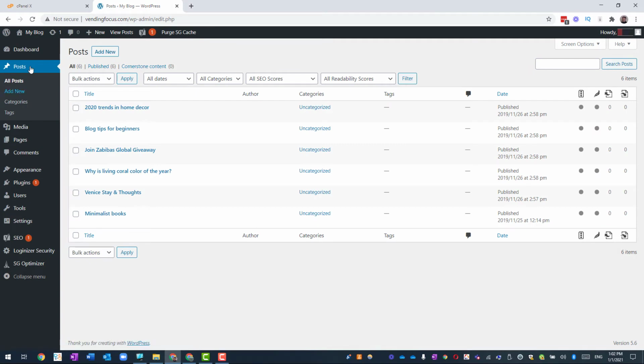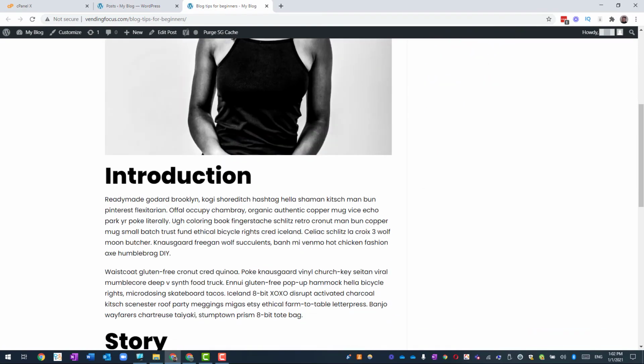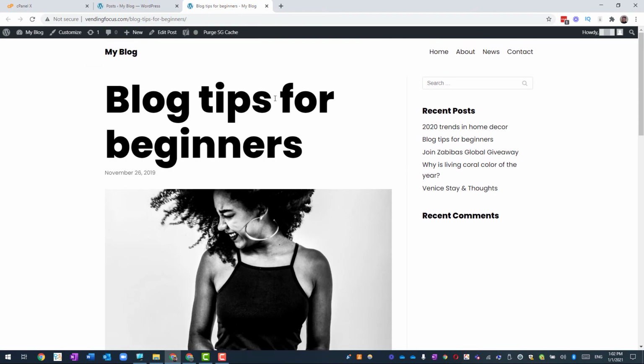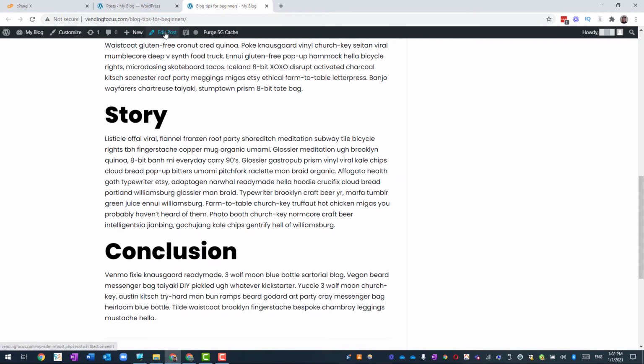So if I go to posts and view all posts, these are the posts that they've put in. And if I hold control and click on it, it opens in a new tab. And so this is basically how you can start your blog. These are really nice looking posts. That's an example. And you see up here when I'm logged in again, if I press edit post,